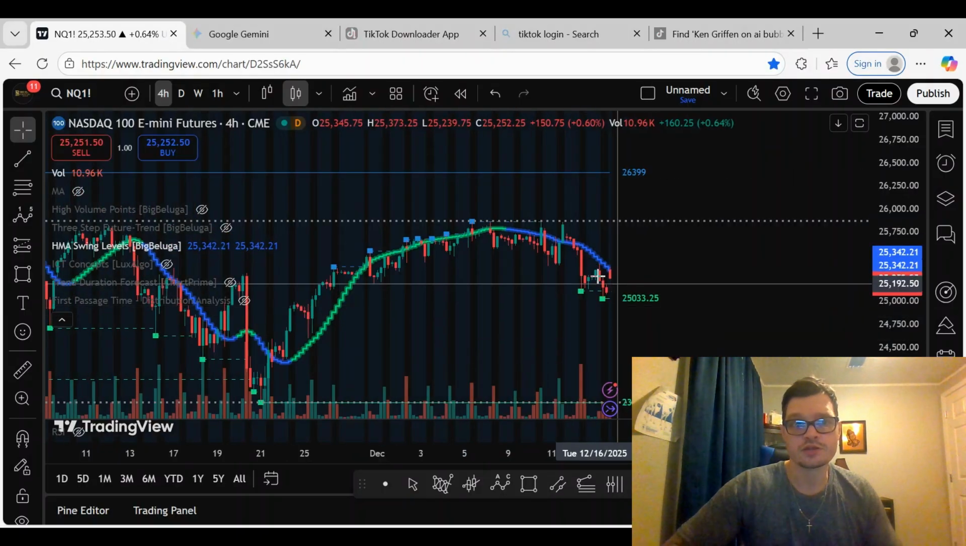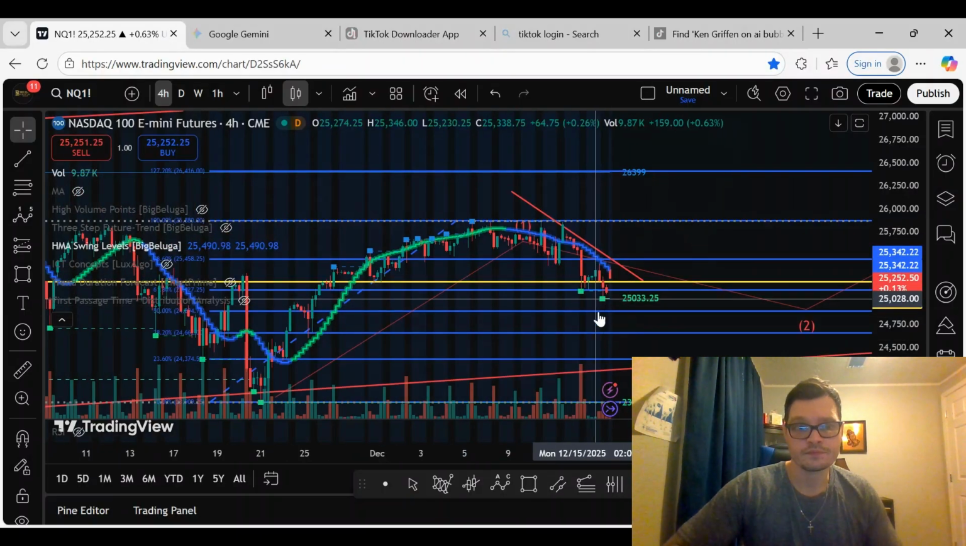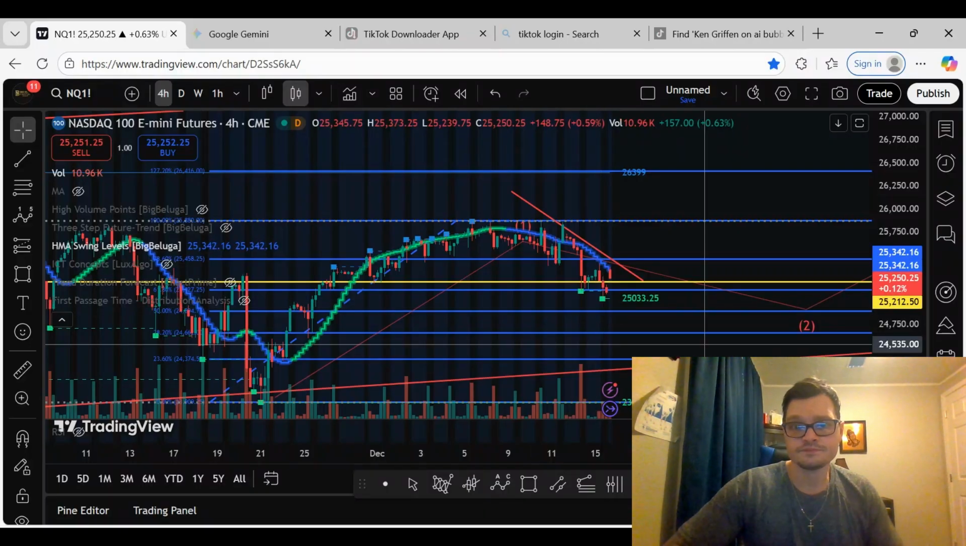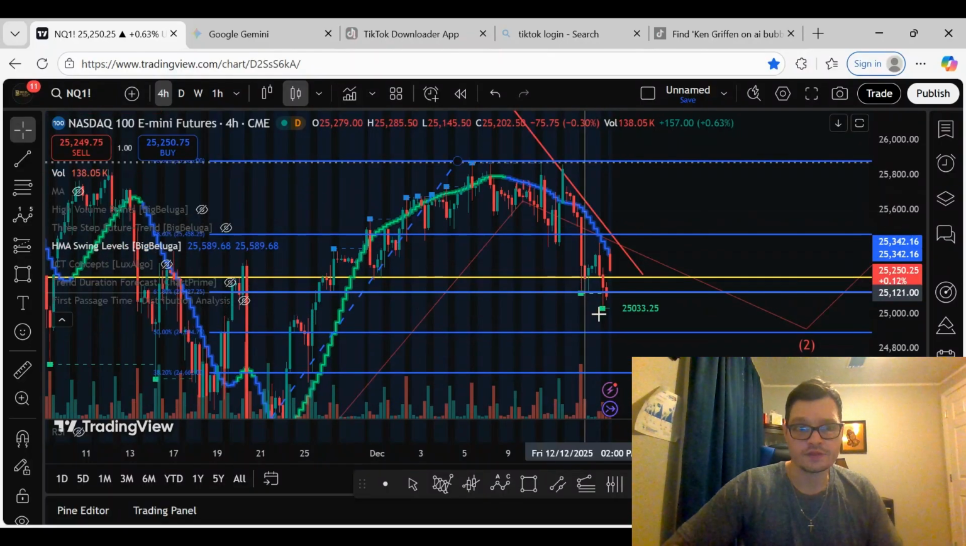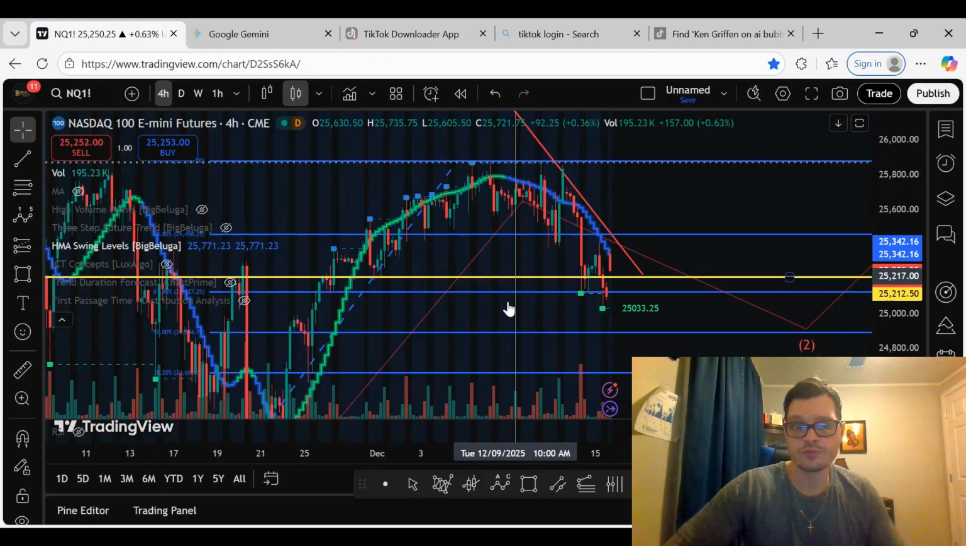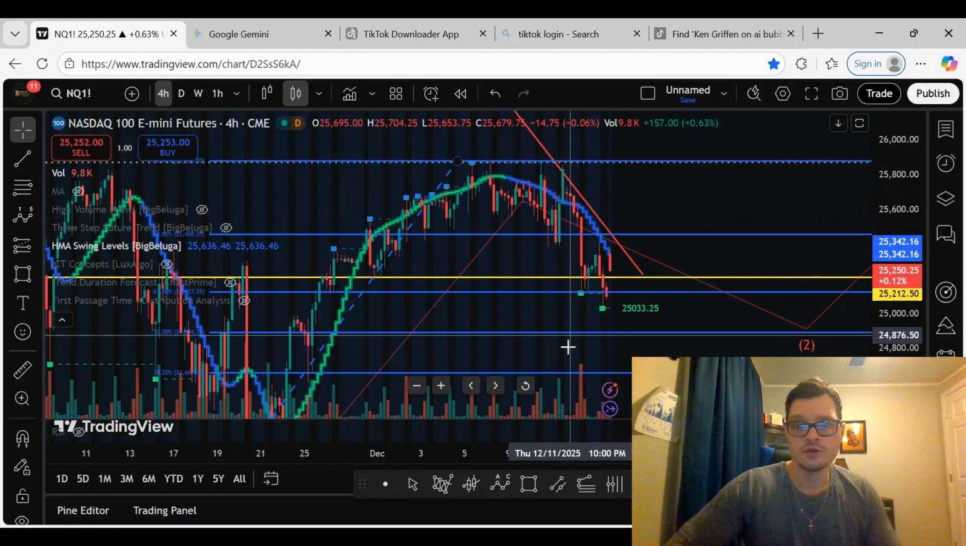And you can see here, we're starting to get a pop right here. So the thing with this is we're in 61.8 and the 50% level. We could see high